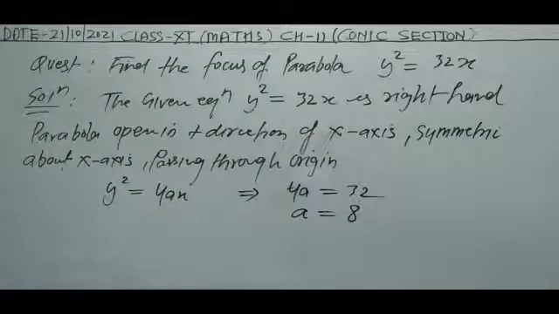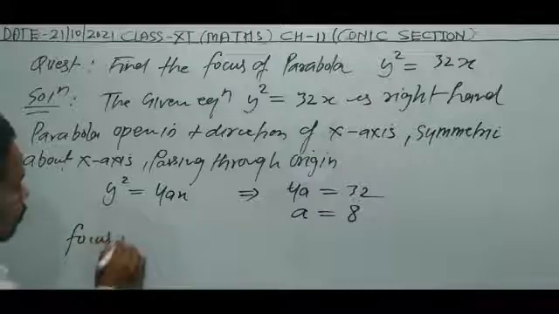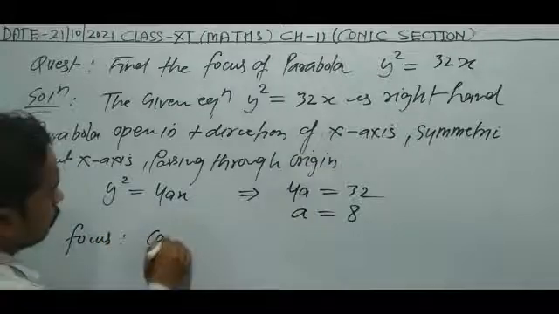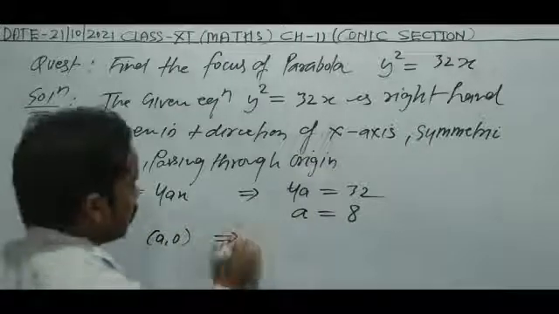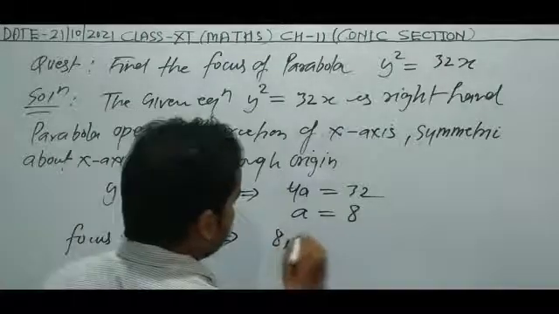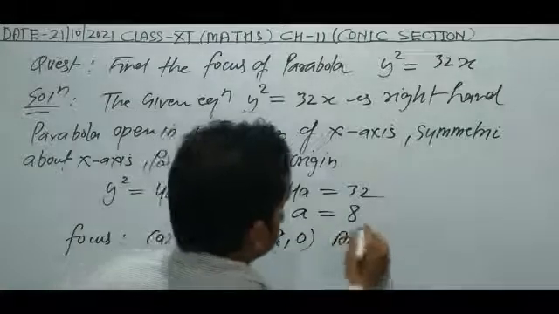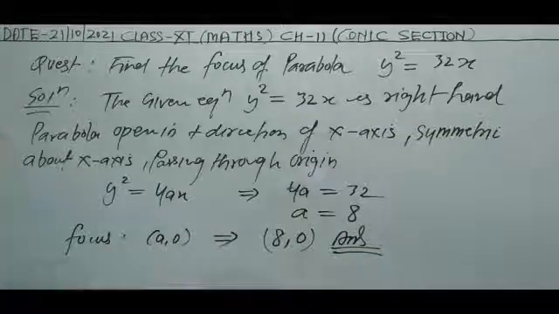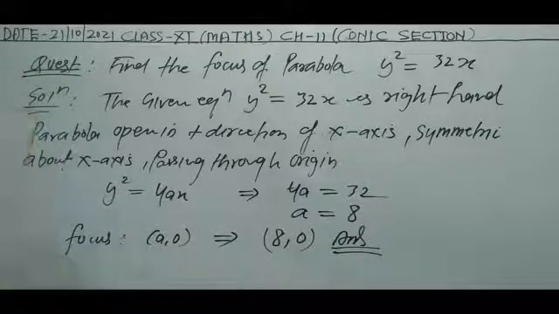Now the focus is a comma 0. This implies we can write 8 comma 0. Now this is the answer. Question number 3 is totally completed. Now see,